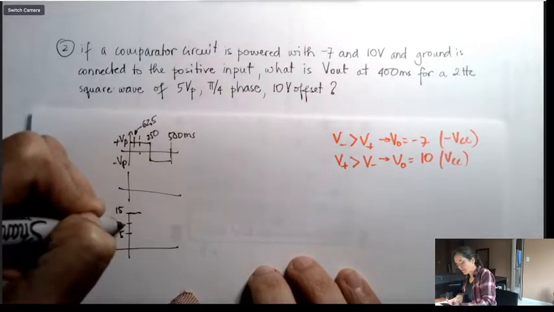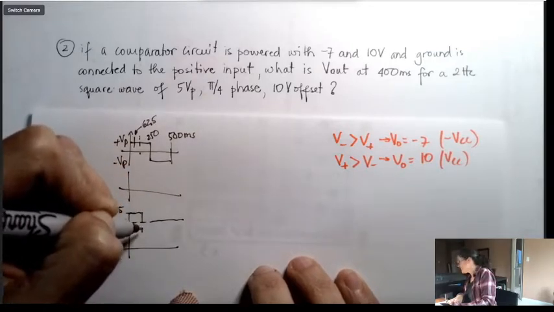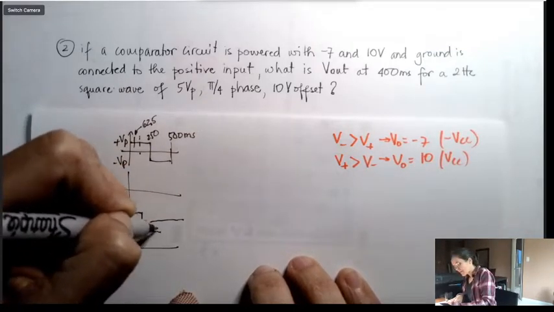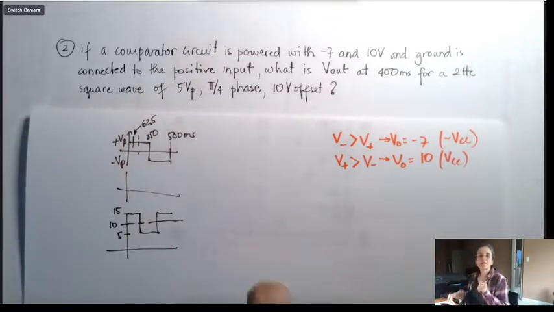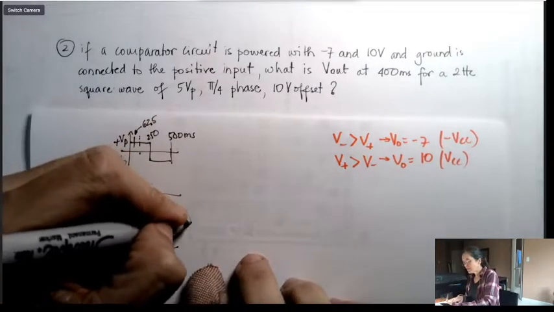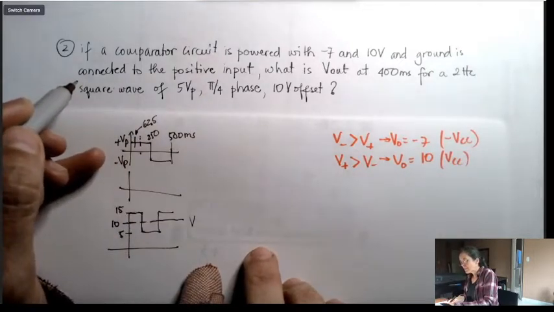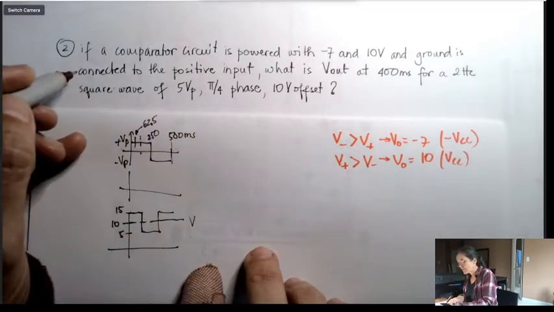And I'm not even actually gonna draw that much. And I'm not gonna draw the whole thing because it doesn't matter the phase, because it only goes from 5 to 15 and back, which means this V here that's put in the negative input